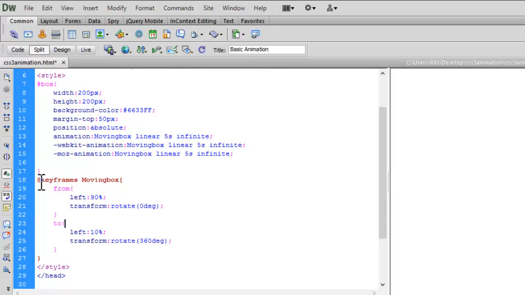This means that I want to move my box from left 90% to left 10%. That is from left to right.